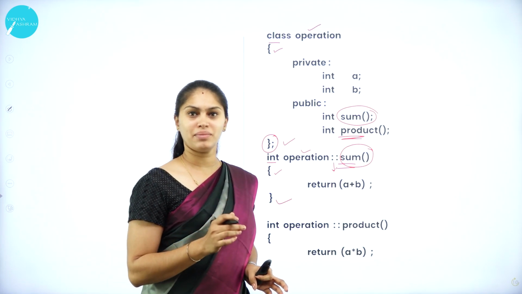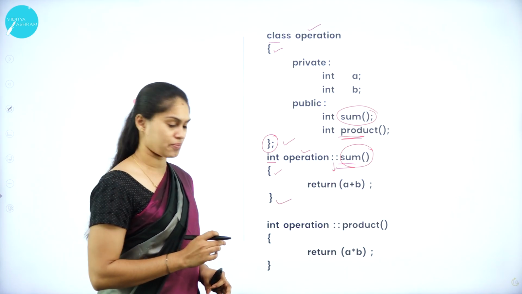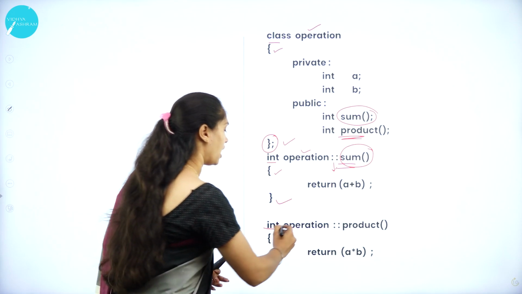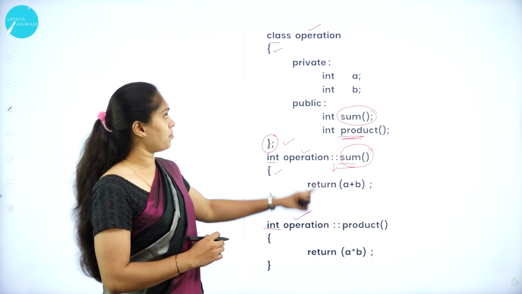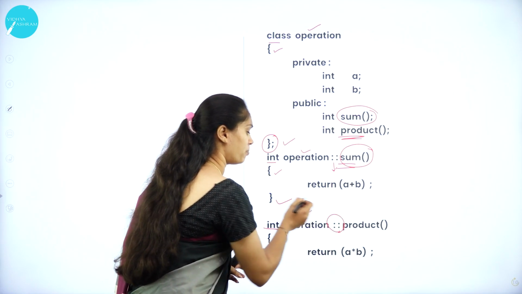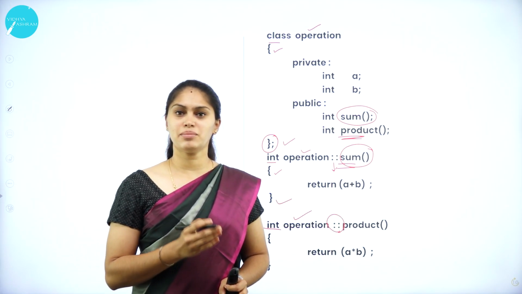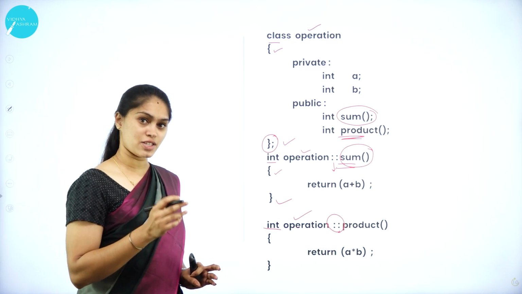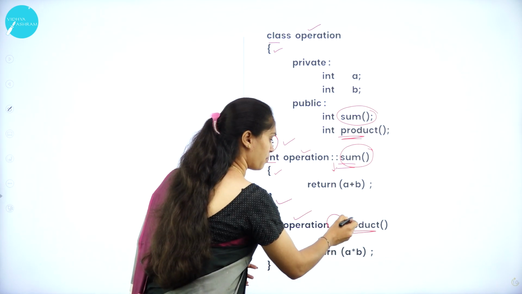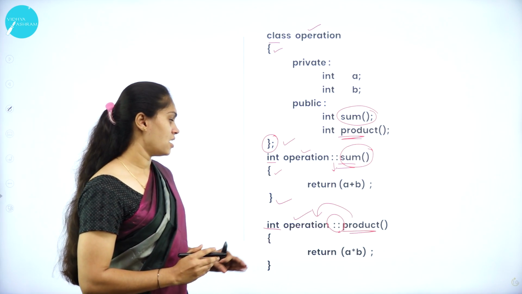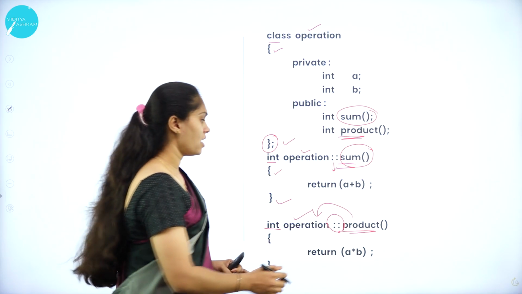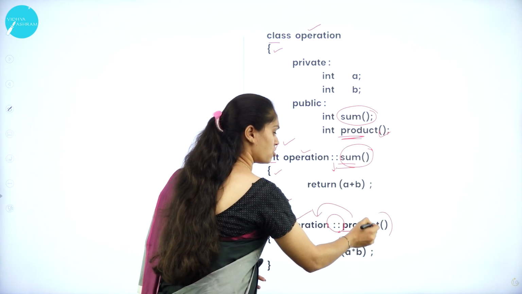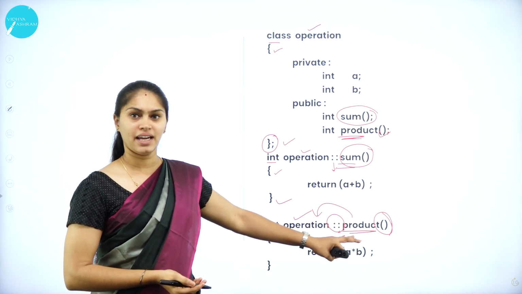We have to follow the same methodology that I used for sum. So what is this? This int represents a return type, that is also a data type. And what is this? This is a class name. What is the class name here? Operation. I am specifying the scope resolution operator. In order to define the member function outside the class, I must use this scope resolution operator. So this scope resolution operator takes this member function as a member of this particular class called operation. Here I have not mentioned any arguments or parameters, so I am not supposed to take any arguments or parameters in this definition also.